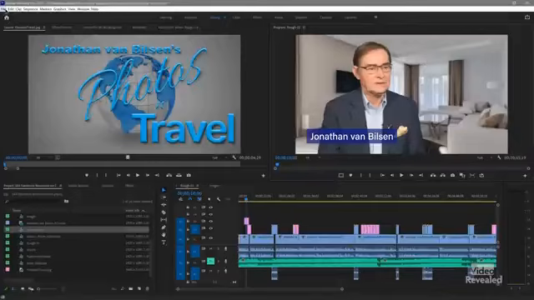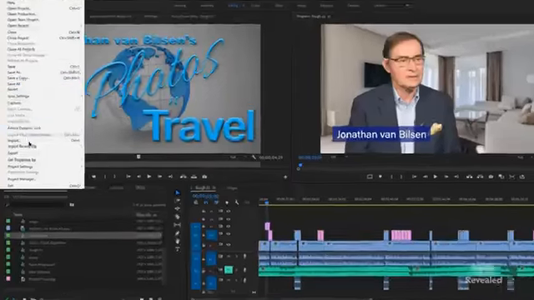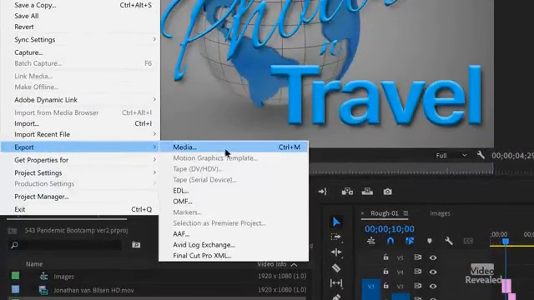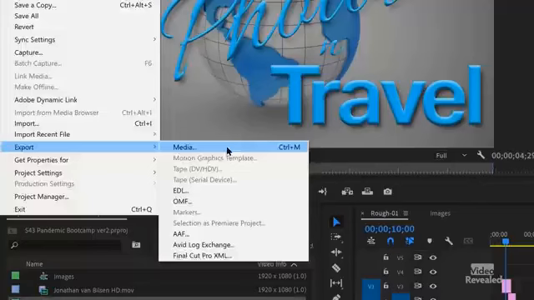Another is to go to the File menu. And you can also use the keyboard shortcut, Control-M on Windows, Command-M on Mac. Export media. Now you can export other formats, EDLs, OMF, and AAF, and XML. All these are really primarily there just to export out basically another kind of universal project for other people to open, whether it's going out as XML to Resolve or something like that. Here we're exporting out our final video. So we choose media,